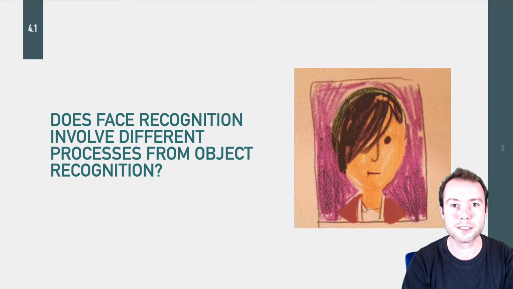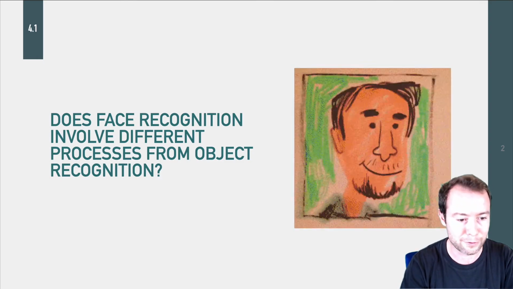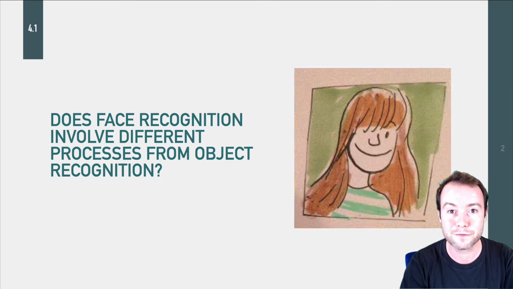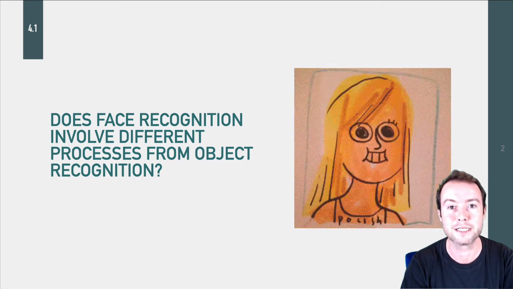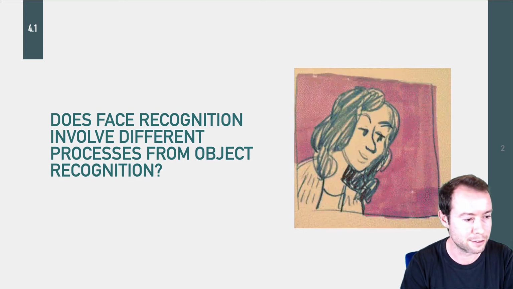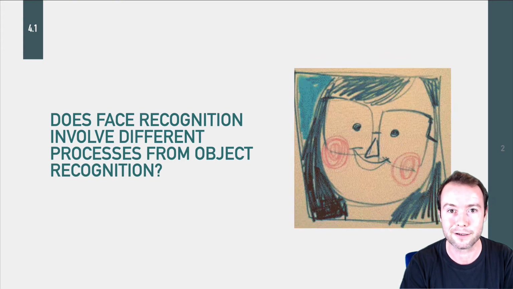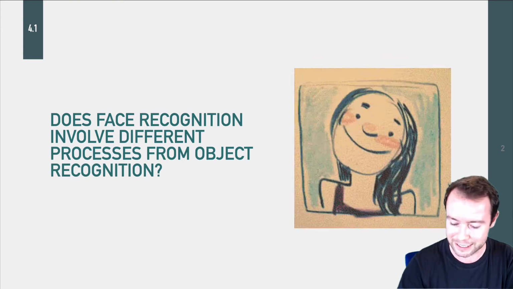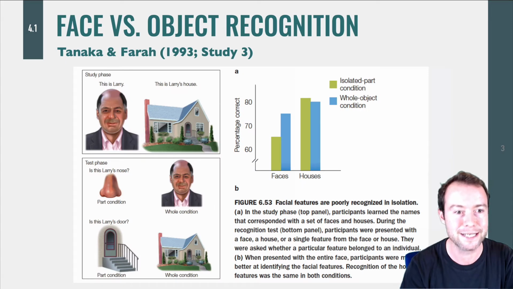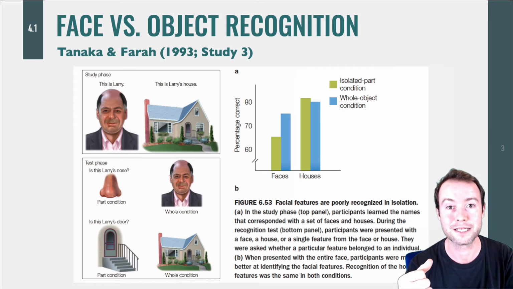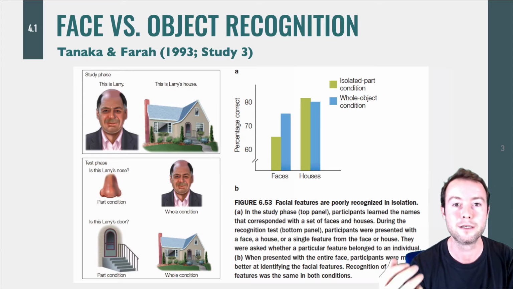So is there something special about face processing? Does face recognition involve different processes from object recognition? I'm going to put the case forward that yes, there are very important differences here. To start off, let's see how face processing might differ from object processing or